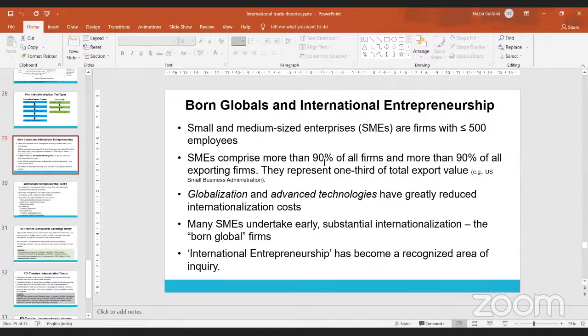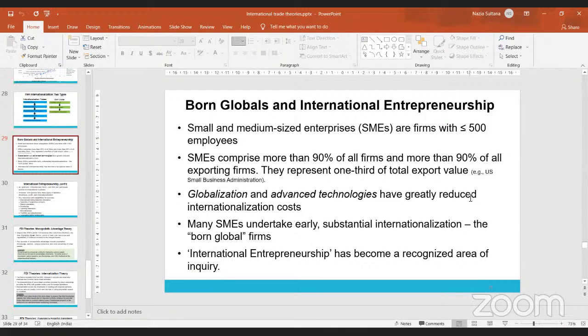So we are talking about the number of employees who are involved here. Then you would say more of your production goes as export, so one third of total export. So more value that you're attaching is towards exporting that you are doing. So that way you can call yourself an international entrepreneur when you undertake your activities in the sense that